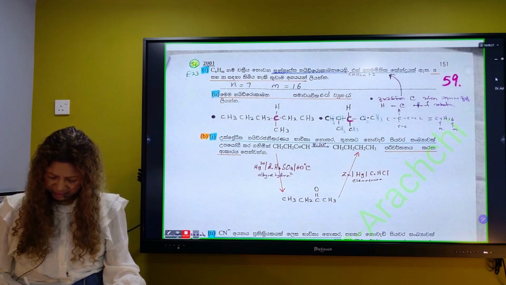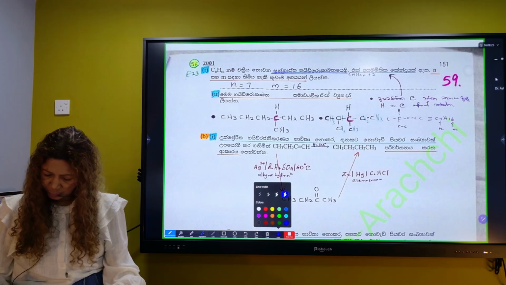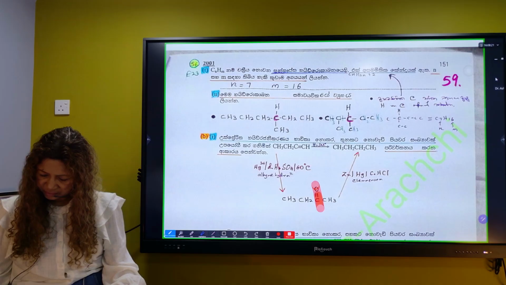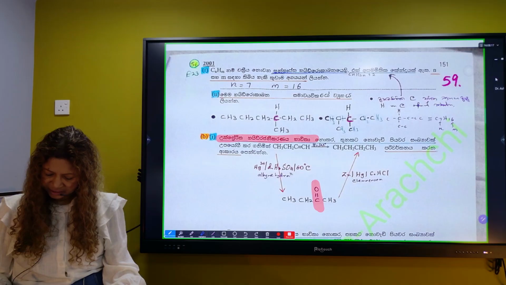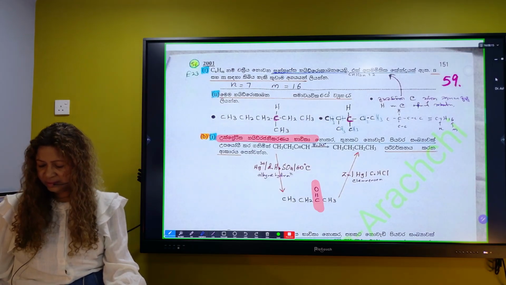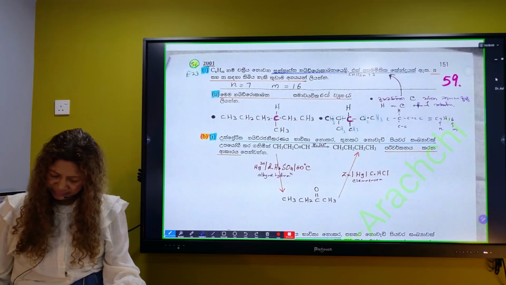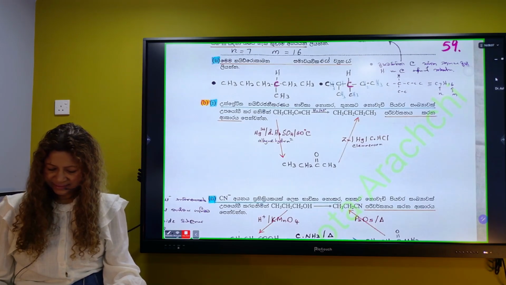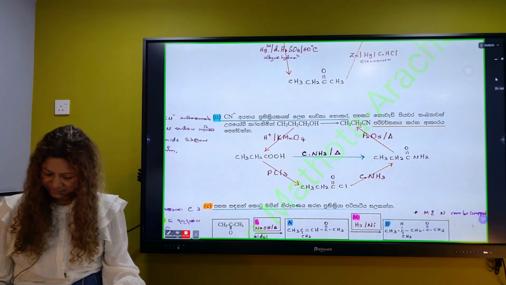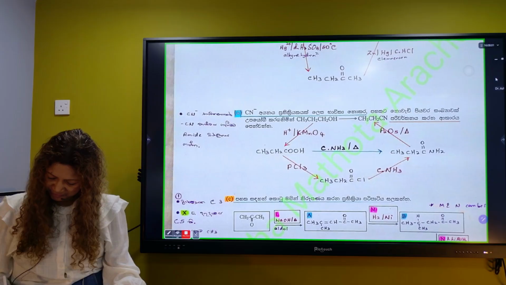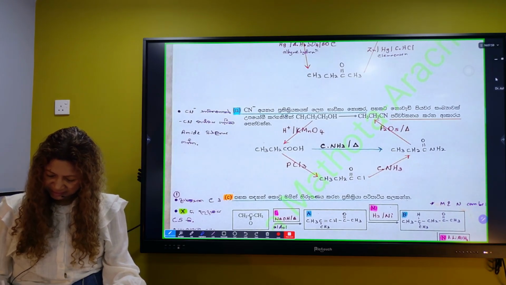Okay, this one again. Now we see. Rather this catalytic hydrogenation, okay? Clemmensen reduction. Actually, if you did this really well at the final exam, you wouldn't find one single challenge.